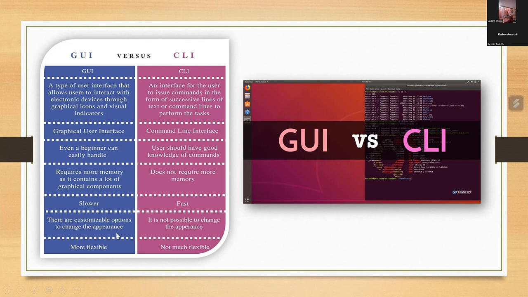सेवन पॉइंट इज देयर आर कस्टमाइजेबल ऑप्शंस टू चेंज द अपीयरेंस। As you know, graphical user interface consists of various icons. We can also change the appearance of the icons according to our needs. But in CLI, because there is no concept of any icon or any image which represents a particular software in an operating system, it is not possible to change the appearance of any software icon. As GUI is not more close to our hardware, it is more flexible for the user, but not more flexible for